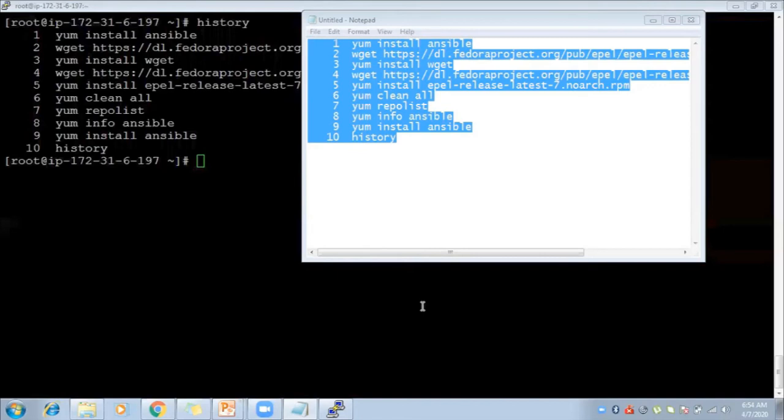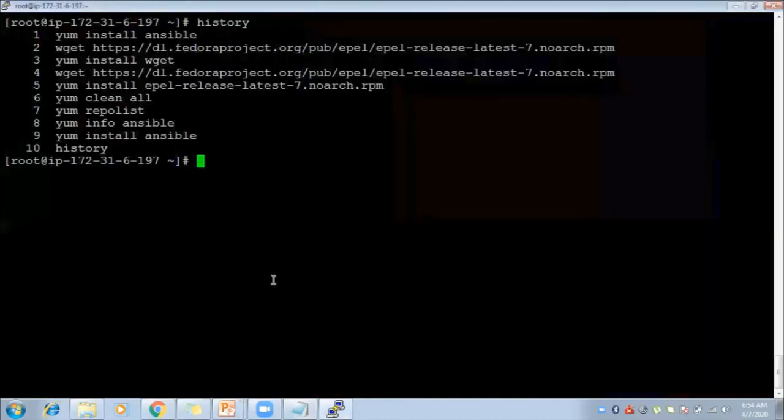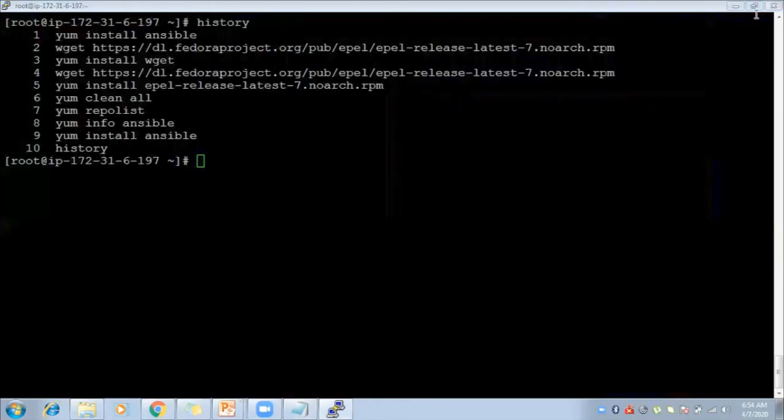No, Python and Jinja2 are the dependencies of Ansible, and the Python version should be greater than 1.6. I saw Python running in the scripts, but there was no place where you installed it. Yes, Python is a dependency package.